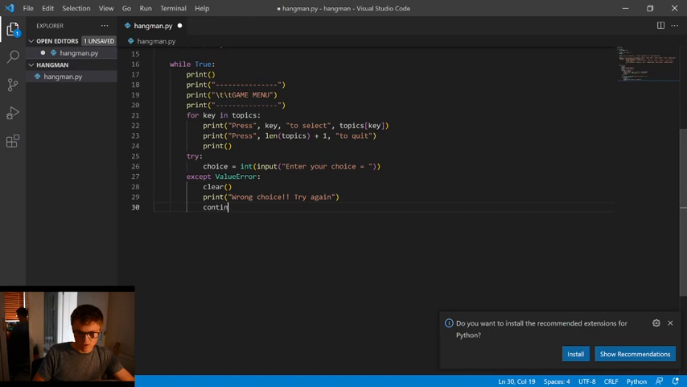Then continue. Now continue here just breaks this block and goes back up to here, and this is just a while true, so we haven't set anything false, so it's just going to carry on. Okay, next thing we want to say is if choice, so we know that it's an integer now,